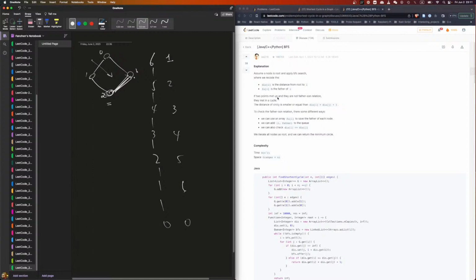If 2 points meet up, talking about this and this, right? These 2 points meet up. Its father is this. Its father is this. And they're not father-son relationship. I mean, what it means if 2 points not really meet up, the 2 points are connected, and they're not father-son relationship. So in this case, this father is this, right? Its father is this. And these two meet up. But its father is this,